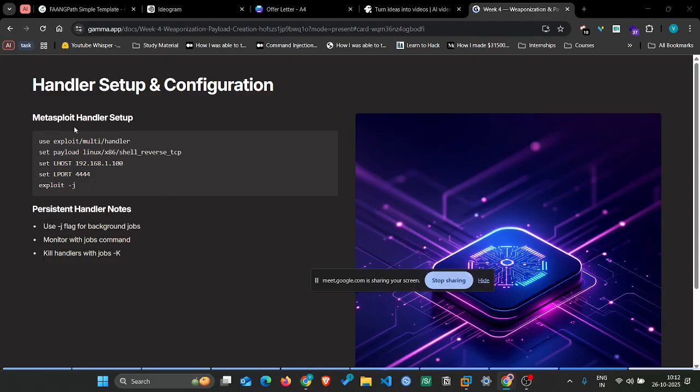In Metasploit, we first use the command use. This is the command for MSF exploits, Metasploit. So first we will use the use command. For the use command, we will choose the exploit we want. Then we will